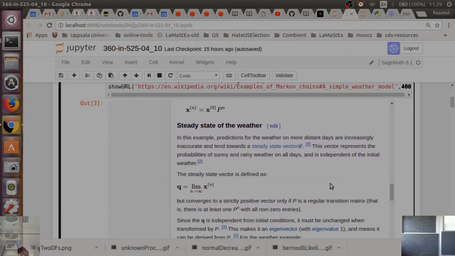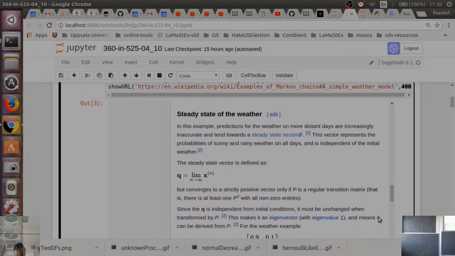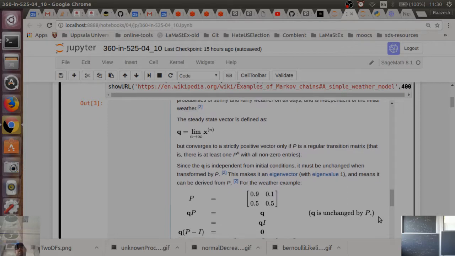And the next thing is the steady state of the weather. What happens as n goes to infinity for the state transition probabilities? Will they evolve to some fixed vector? Do you remember when we were exploring eigenvalues and eigenvectors, I was showing some convergence of the eigenvalues and eigenvectors to a particular point. That's again the stationary behavior of this process. So under some regularity conditions, the matrices will converge to